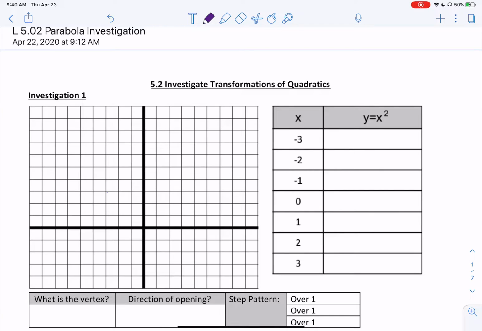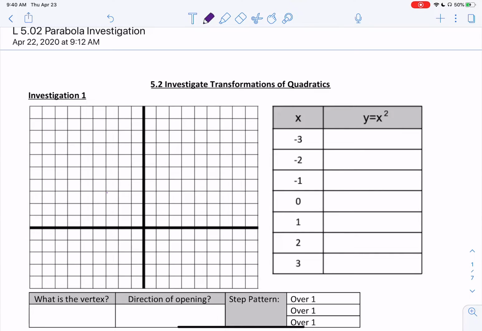For this lesson, we're going to be looking into the graphs of quadratics. And we're going to be doing it through an investigation. We're going to go through a bunch of different examples, and then we'll make some conclusions at the end. There might be a few in here where I'm just going to give you some of the information, and then you're going to have to quickly pause the video and try some of it on your own. So it might be a little bit different than usual, but I think you'll be able to get the hang